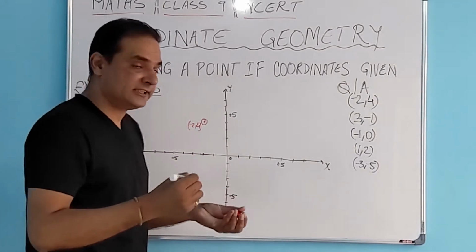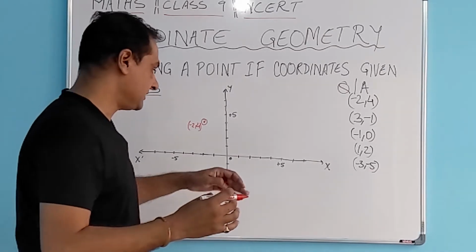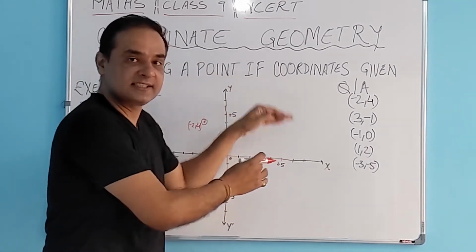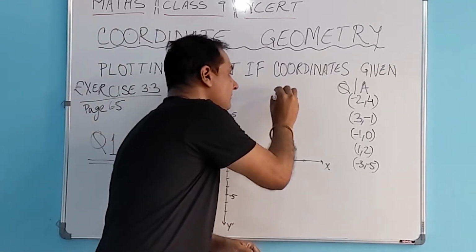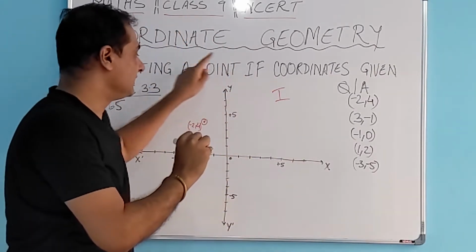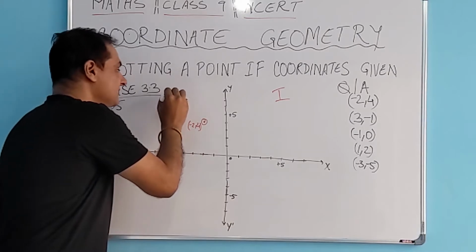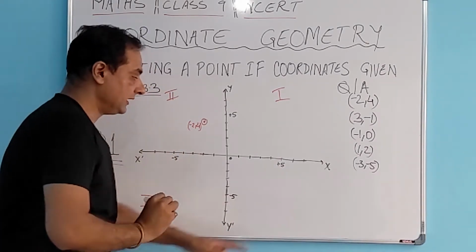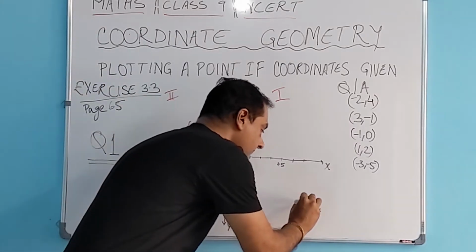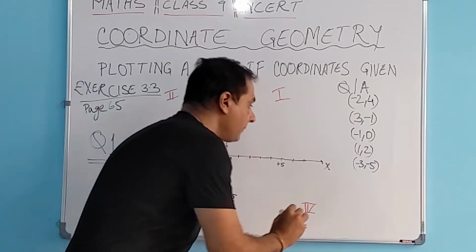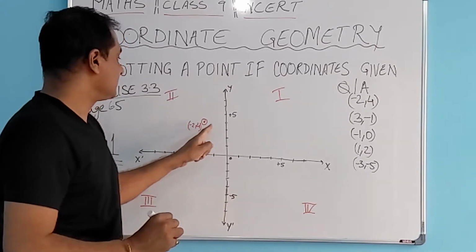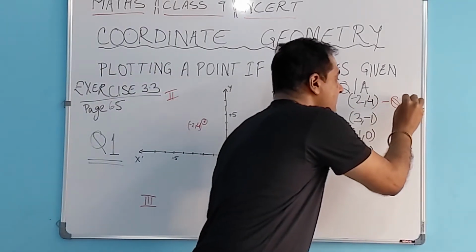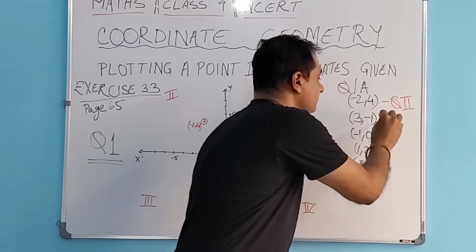Again, looking at the quadrant definition or the way we name it, positive x direction, positive y direction. In this quadrant, this is quadrant 1, first quadrant. Then we go anti-clockwise from here. So this is second quadrant, this is third quadrant, and this one is the fourth one. So point number 1, where does it lie? Quadrant 2. Answer is quadrant 2.